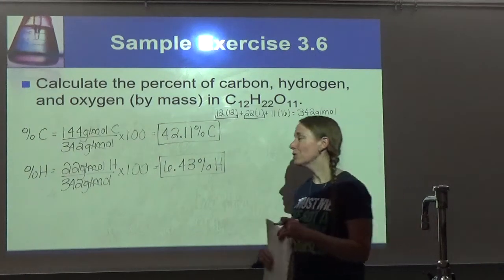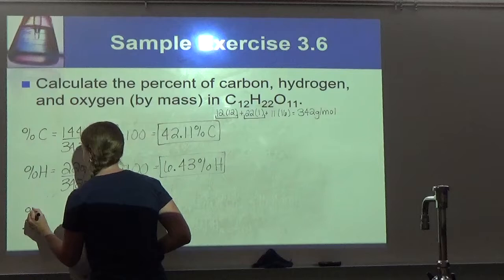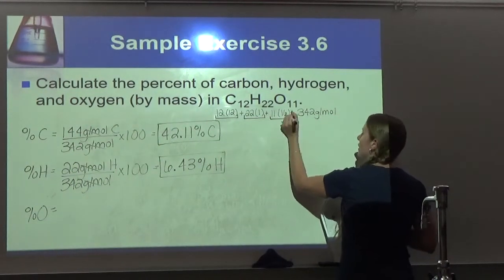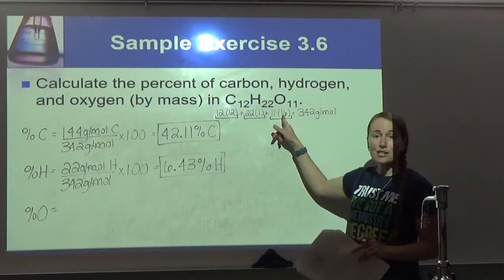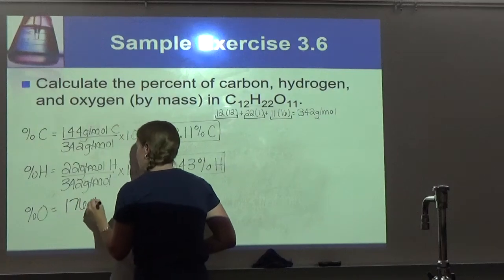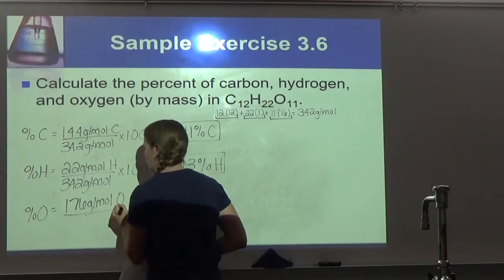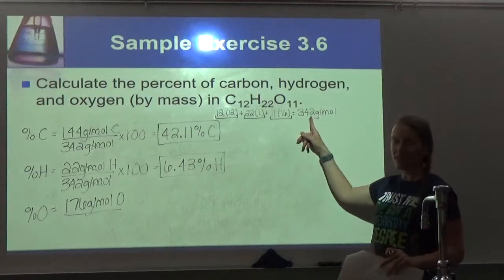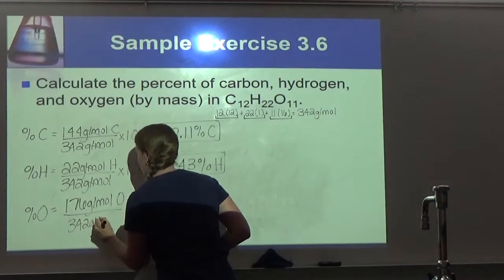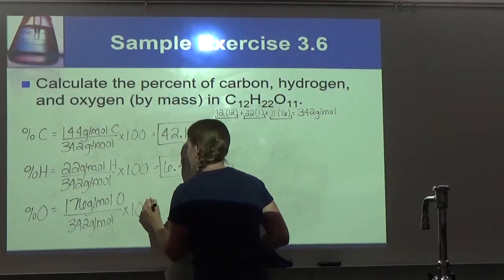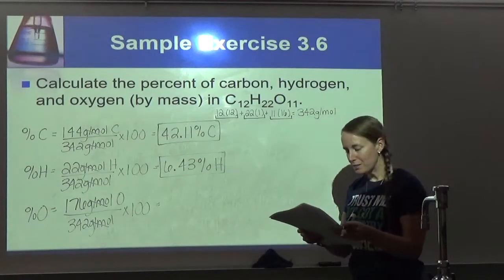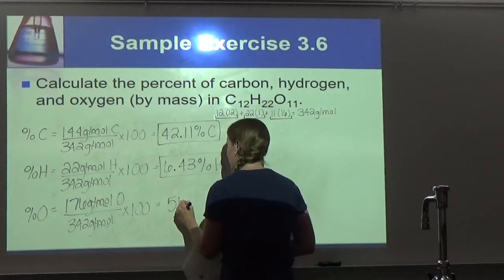Alright, and then last one is, of course, oxygen. So I just do the same thing. So my percentage of oxygen, I take just the mass of oxygen. So I have 11 oxygens, and they each have a mass of 16. So that gives me 176 grams per mole of oxygen. I put that over the mass of the whole thing. So see how it's just a pattern, that's all it is. 342 grams per mole. I multiply by 100 to give a percentage. My grams per mole cancel. And so I end up getting about 51.46%